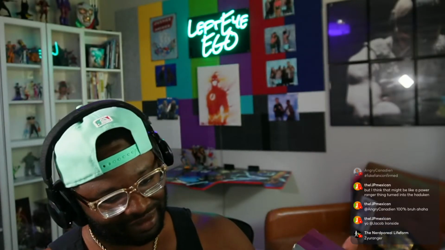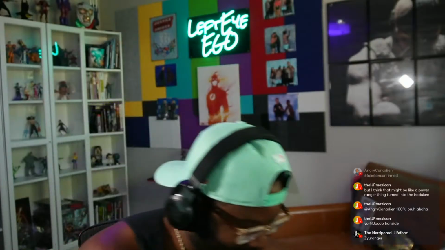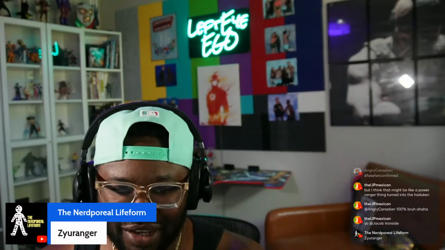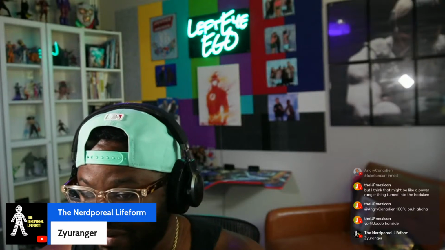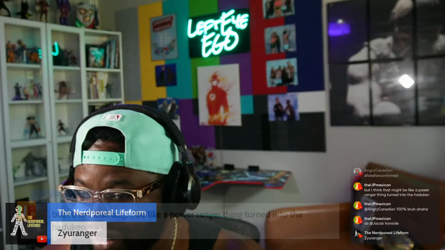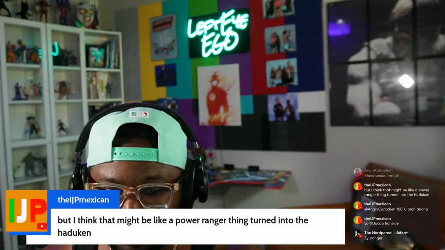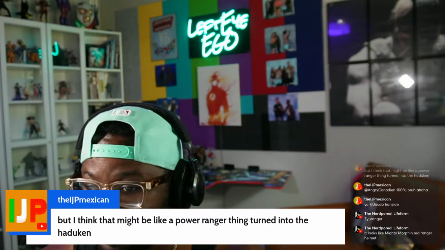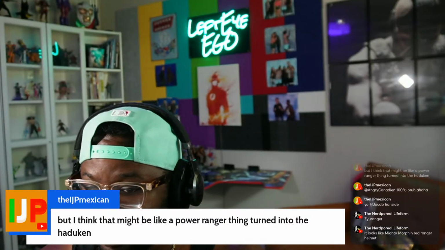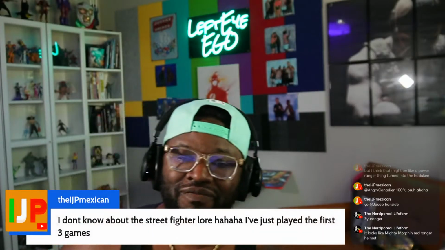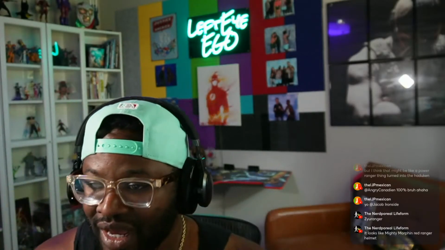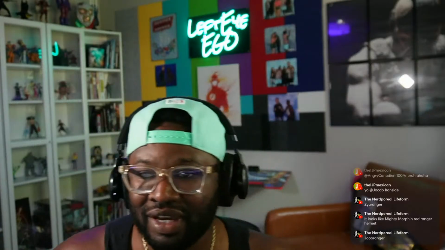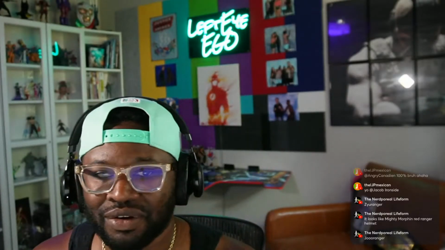Hence the bird. Maybe a Zyuranger, because I have no idea. Power Rangers that turn into the Hadouken. I'm thinking that this is a custom one, like a custom Ranger. I think so because I was trying to figure that part out. I'll try to see if I can find the other ones.